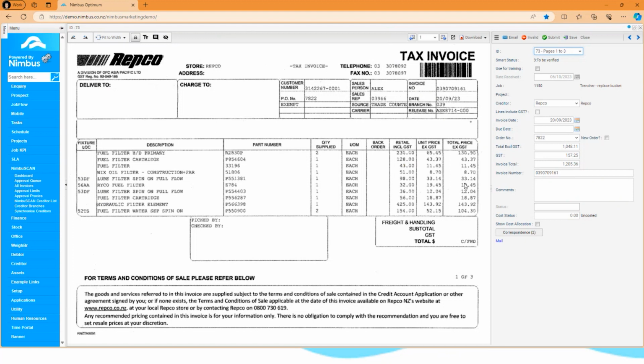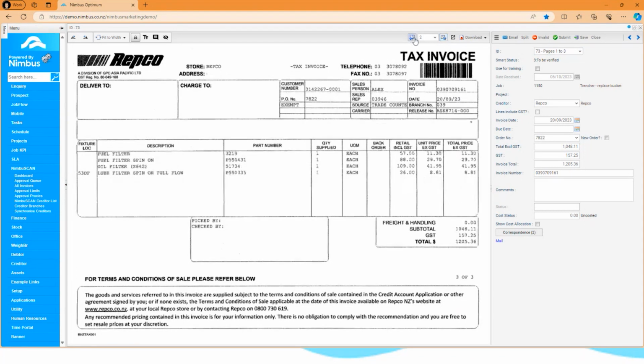I can see here on the right hand side that it's already got some defaulted information. So just to explain about this, it is a creditor invoice from Repco, and it actually exists on 3 pages. You can see down the bottom here, it says 1 of 3 pages. At the top here on the screen, it will also say on the ID that there is 1 of 3 pages for us to be aware of,